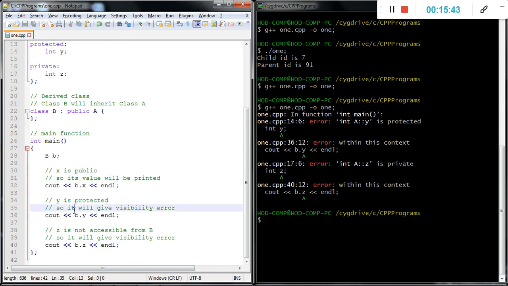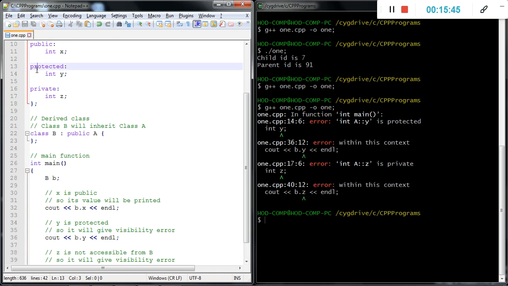Why? Because they are protected and private. This y is accessible under B, but is not accessible under main, and private z is not accessible under B and itself under main. Okay, this is simply the explanation.